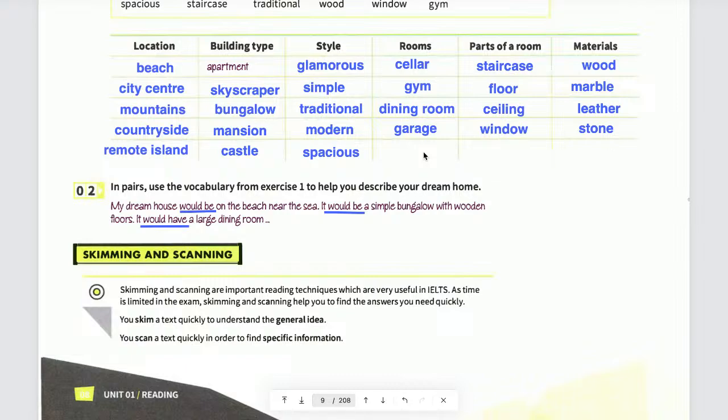My dream house would be near the beach, which would have a beautiful view to see dawn and sunset. It would be a mansion with marble floors and would have simple styles mixed with modern styles, to make it more rustic and not complex. It would have a